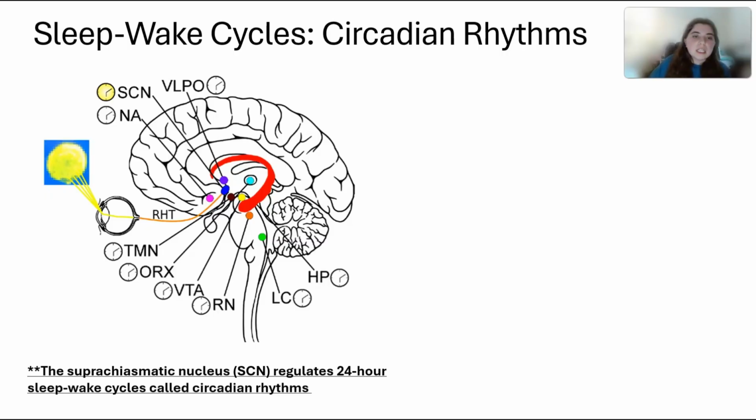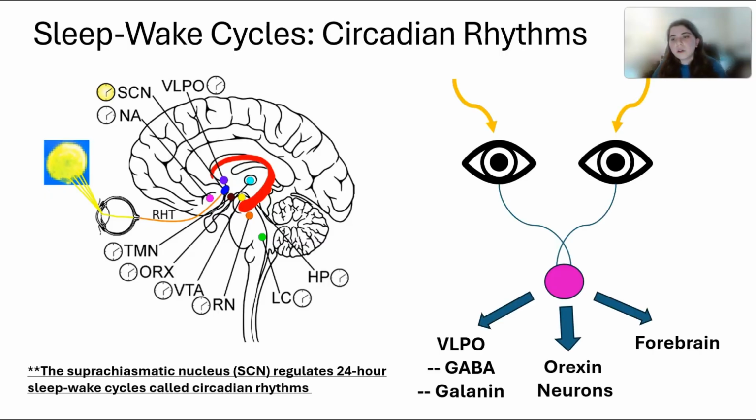So just to give a bit of an overview, light signals go to your eyes, cross through the optic nerves and go to your hypothalamus, and the suprachiasmatic nucleus will receive these light signals. Based on these light signals, the suprachiasmatic nucleus will relay signals to other structures in the brain. There are a lot more that are covered in this diagram, but the three main ones I would like to highlight are, first, the ventrolateral preoptic nucleus, which is also in the hypothalamus, and based on signaling from the suprachiasmatic nucleus,